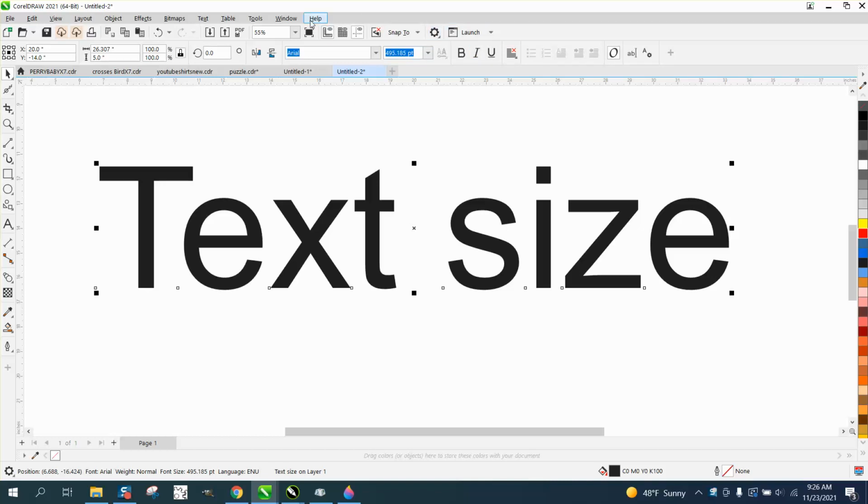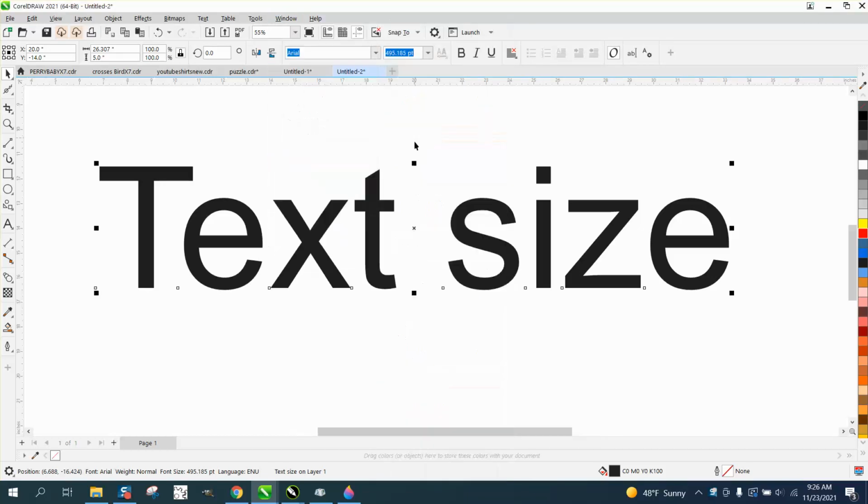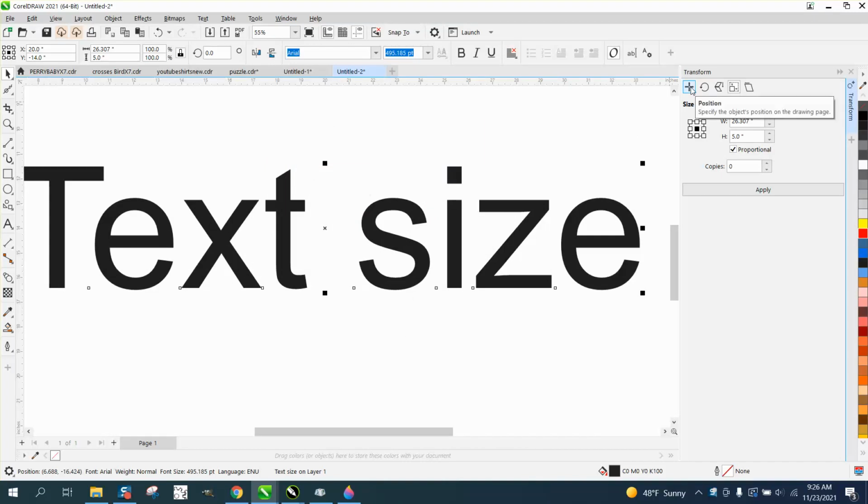You can get a lot of that information from going to Windows, Dockers, and Transform and go to size or position. Let's go to size, and it tells you that it's 5 inch tall text, but that's all it tells you. It tells you in position that it's 0, 0, 0, or you can change the relative position where it's -14. But his suggestion, I never even thought about it before, if you go up here to your menu bar